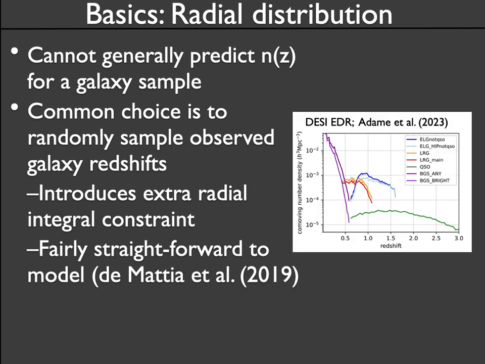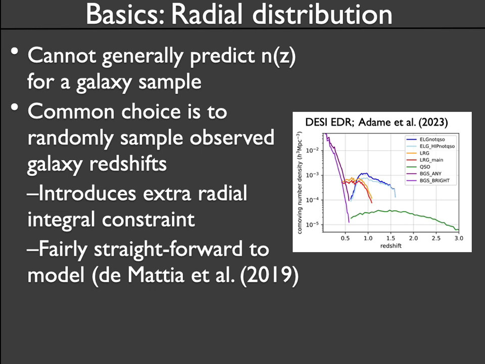And then for the radial distribution, so the inhomogeneity that I was describing, there the problem's somewhat more difficult. So here on the right, this is the actual co-moving number density that we observed in our early DESI data for our different DESI samples. And none of these curves are things we're going to be able to predict from first principles. Maybe our BGS samples because they're flux limited, but for the other ones, there's basically no way to predict that